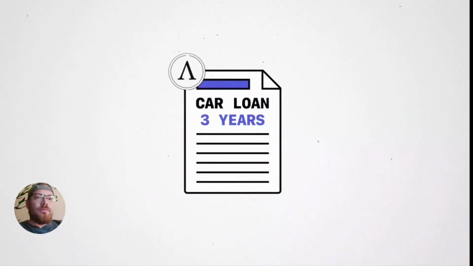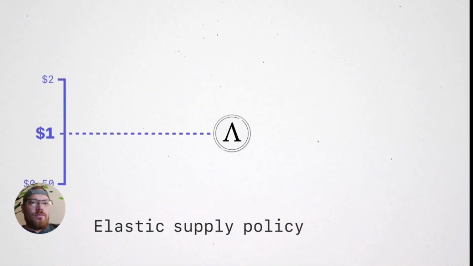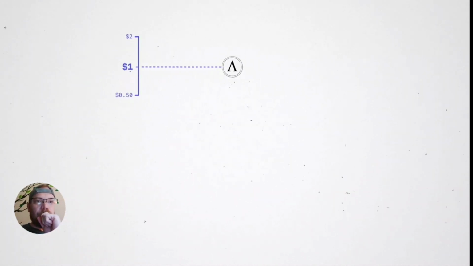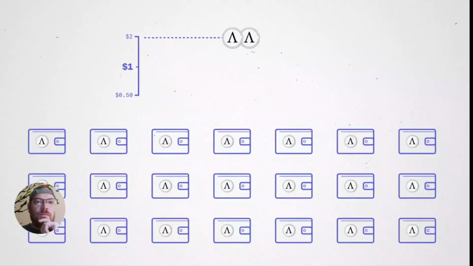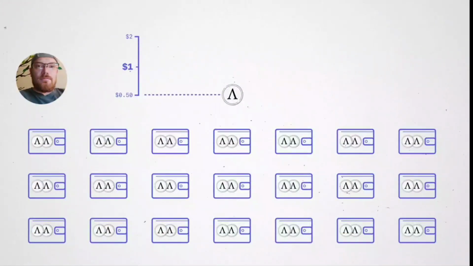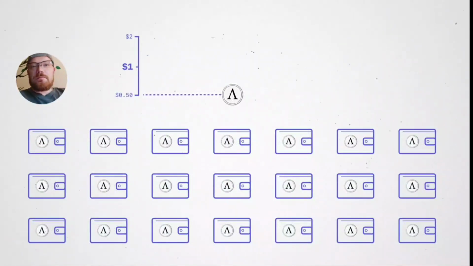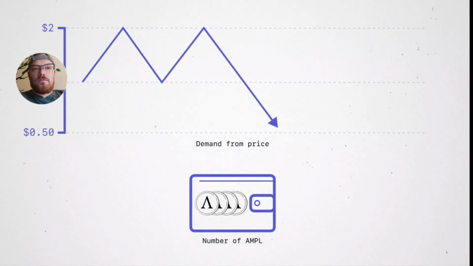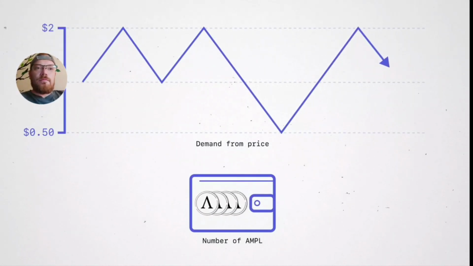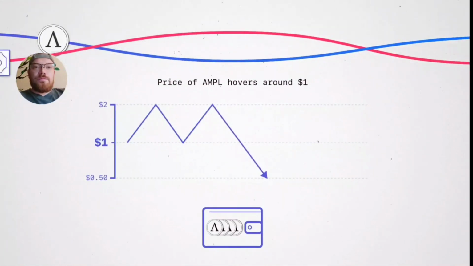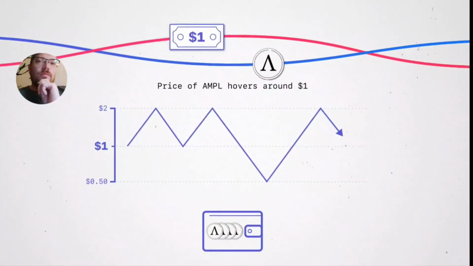The Ampl, however, can be used to denominate contracts by policy that targets the price of approximately $1 per Ampl. It follows a simple set of rules. When the price exchange rate of Ampl is greater than $1, the number of Ampls in all user wallets increases proportionally. When the price exchange rate of Ampl is less than $1, the number of Ampls in all user wallets decreases proportionally. This policy translates the volatility of demand from the price of Ampl to the quantity of Ampl tokens in your wallet. As a result, the price of Ampl hovers around $1, while the number of Ampls in user wallets changes based on demand.